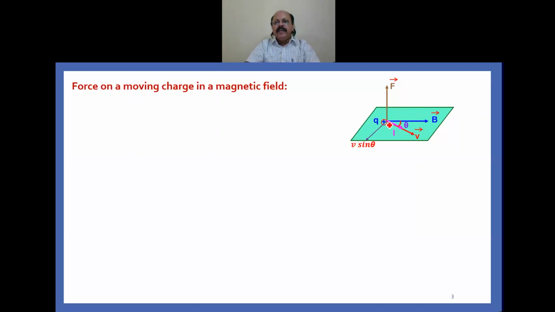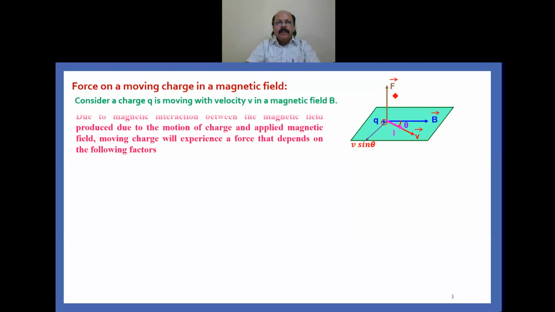And here you see in the diagram, q is the charge moving with velocity v, making an angle theta with magnetic field, and v sine theta is the vertical component of velocity, and the force experienced by the charge q is F. Now, as the charge moves with velocity v in magnetic field, then due to magnetic interaction between the magnetic field produced